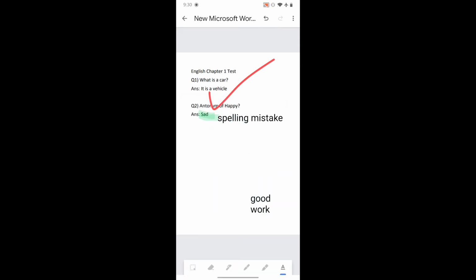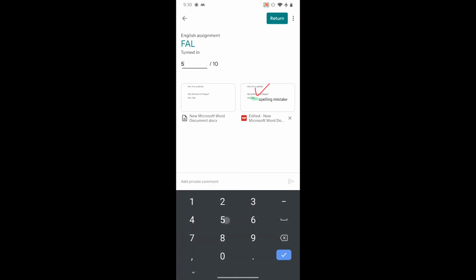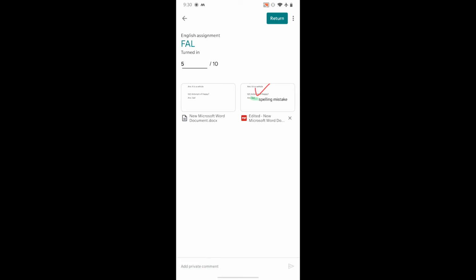Okay, now once you are done with the checking, you can click over here and save it. Once it is done, it creates another document in which the paper is checked. Okay, so you can add the grade over here if you want, let's say 5, and then refresh the page. Now you are not going to return it right now because that score will be sent to the student, but you want to send the marks to all the students together.